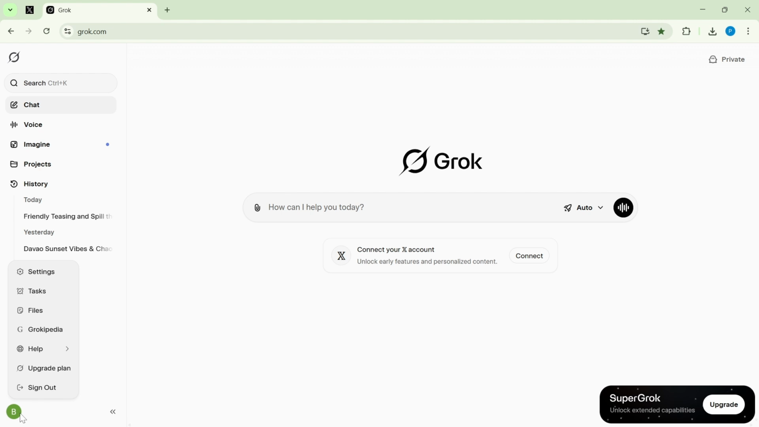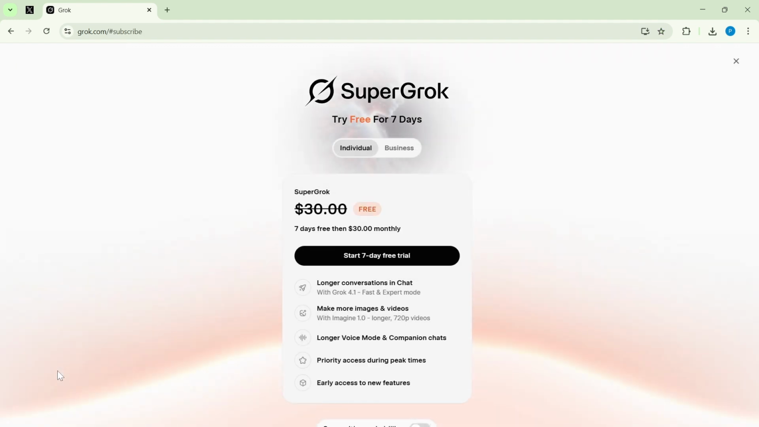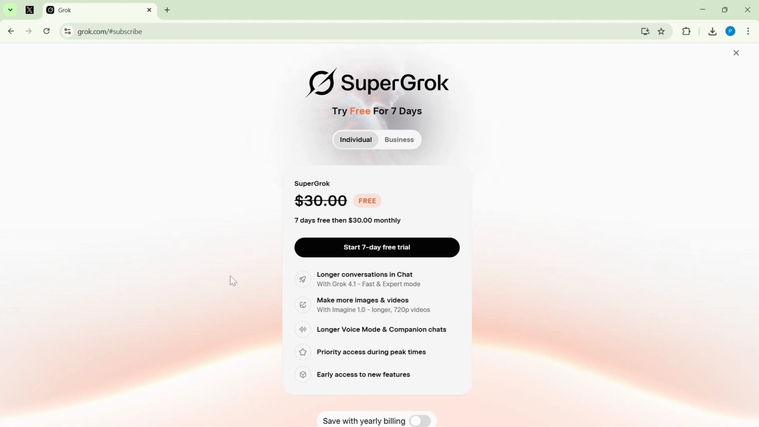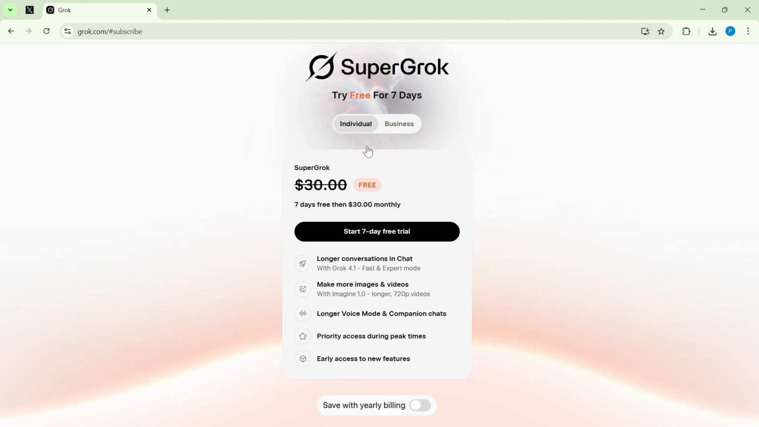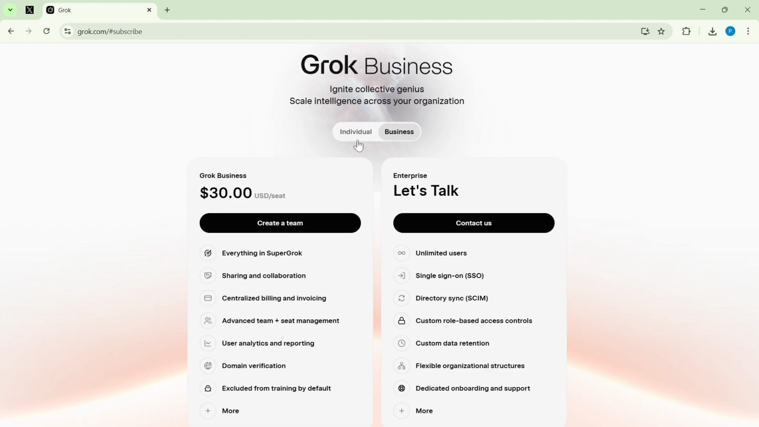If you're on a smaller screen or mobile device, this icon might be tucked behind a menu button, so expand the sidebar if needed. From the menu, choose Upgrade Plan. Don't worry, clicking this won't start a purchase automatically. It simply opens the subscriptions and billing area, which is exactly where your current plan information is stored and where